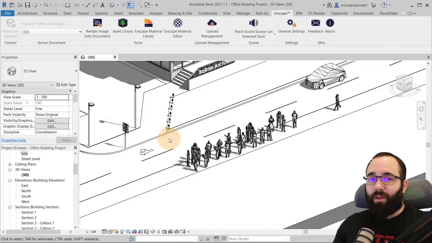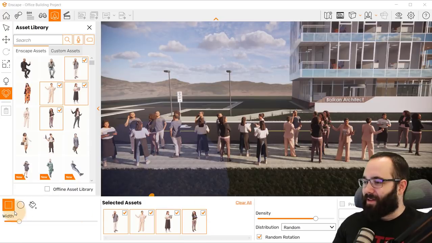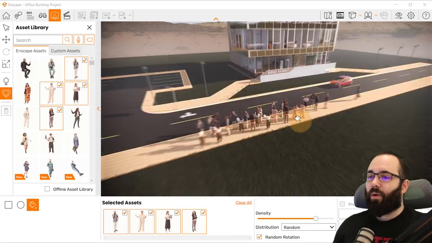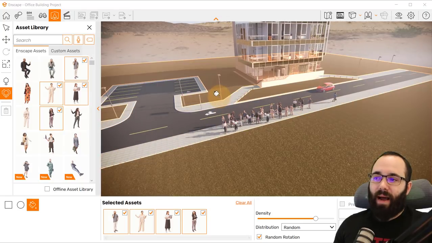And you can see here that everything was successfully imported from Enscape, all of this group of people. Now there is one more thing that I really find exciting here, and that is if I just go back to Enscape here, you have this option like a bucket selection. Now what this does is basically it takes a surface, and then you can use that surface as a selection. So as you can see here, I can select the whole grass surface that we have here, the topography from Revit. Now this, yeah, it does work in some situations if you want to add trees here or something like that,